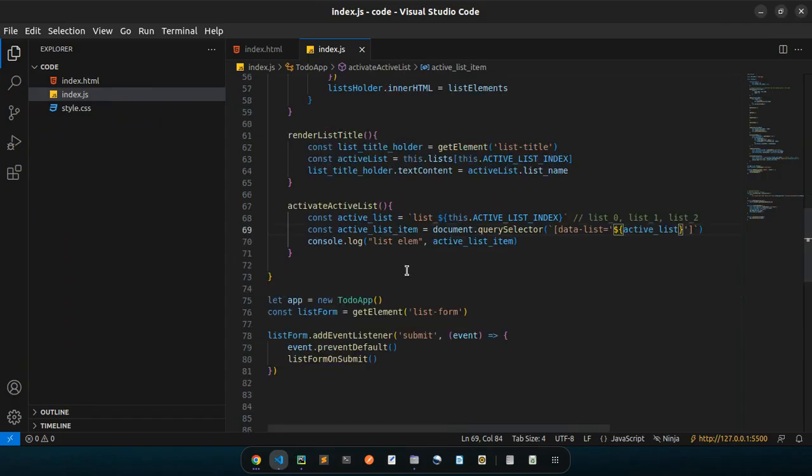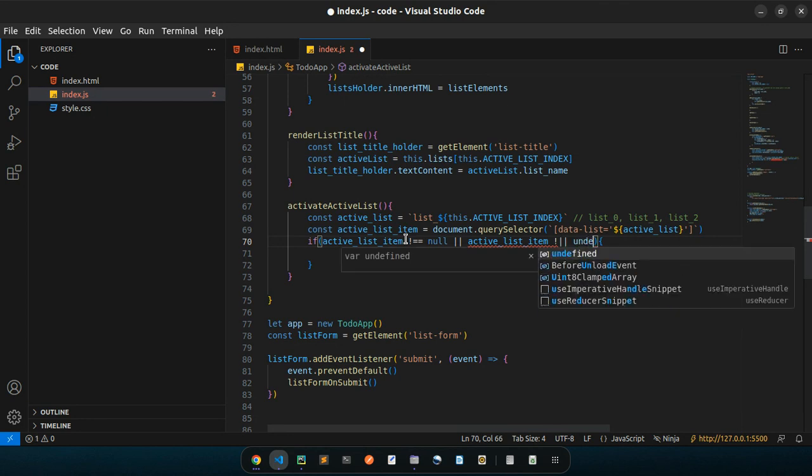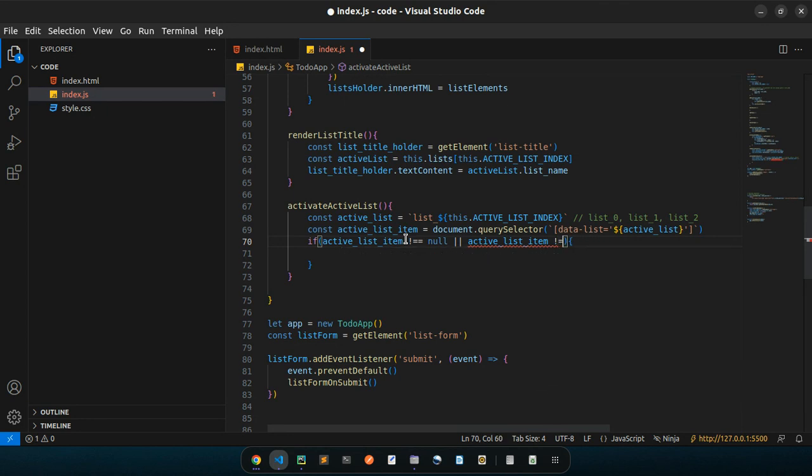So the next thing we are going to do is we have this active list item. To be secure, the best thing you usually do is check whether it exists in the DOM, like that, if active list item. And in this case, you can see that I have not used it's not equal to null, or it's not equal to something like undefined. So the reason as to why I usually don't do it like this, you might miss another thing here. So it's just better to just check whether, yes,